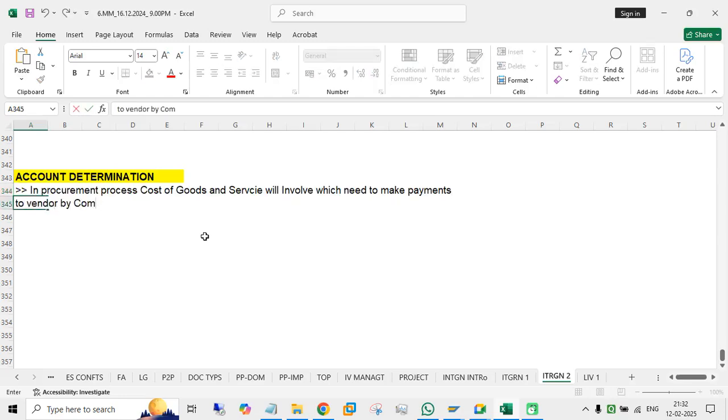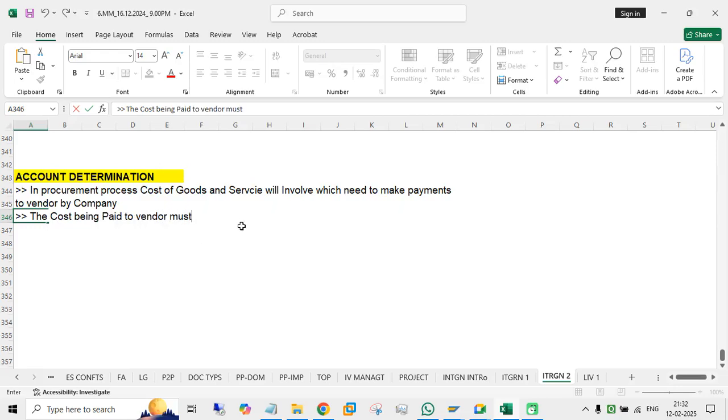Yes, you are doing a procurement activity. On the other hand, we need to pay that vendor. Whatever goods you are purchasing, services you are taking, we need to pay. So the cost being paid to vendor